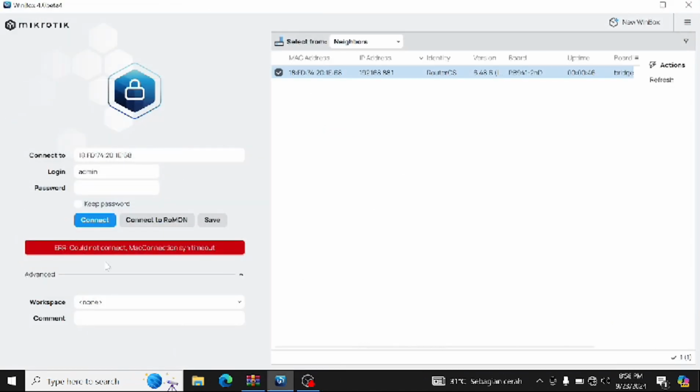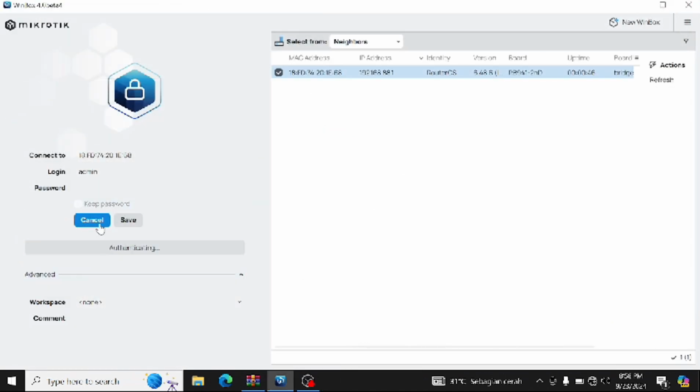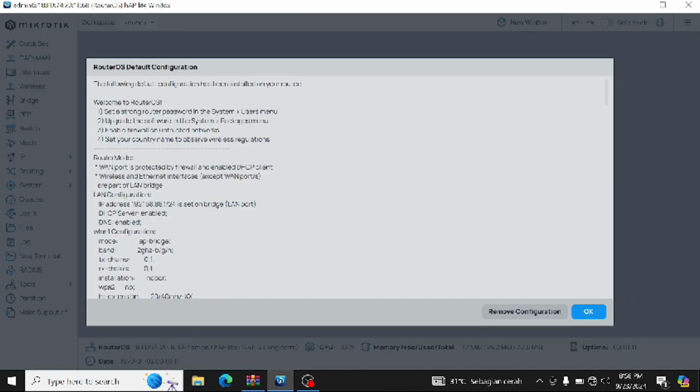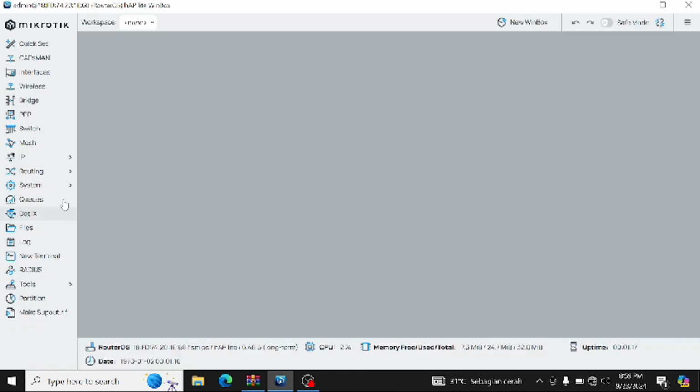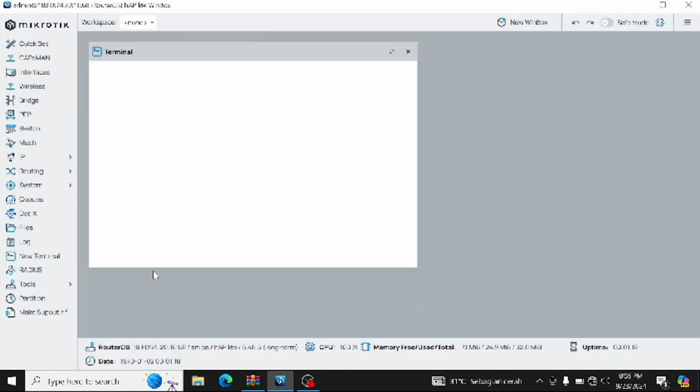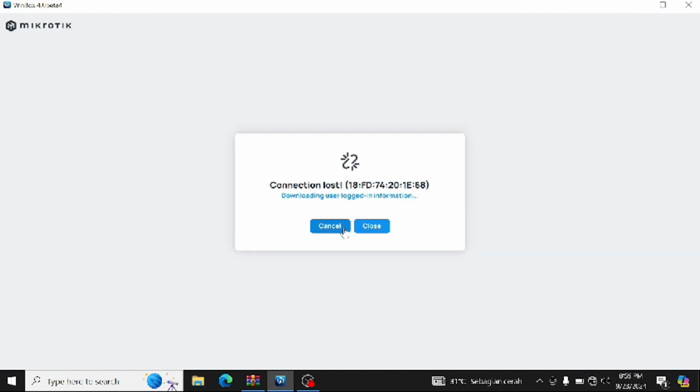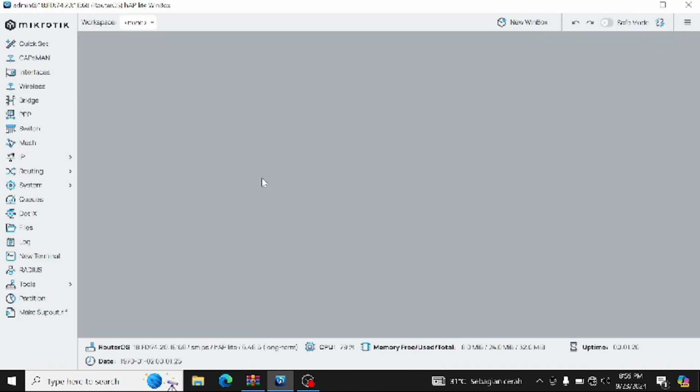You can choose the MAC address and connect. This is, we can remove configuration, and I wanted to show, click terminal. I'm sorry for this reconnecting.